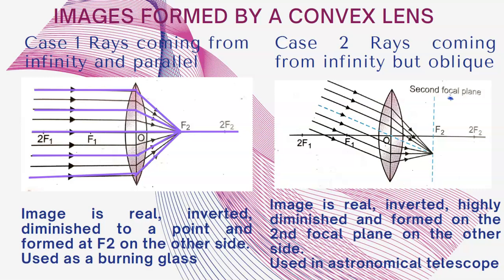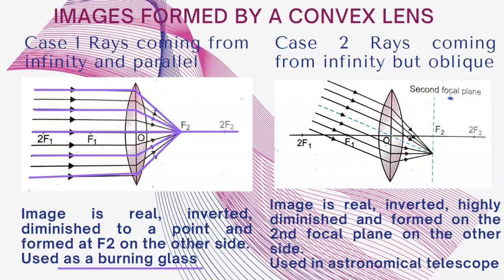This case of the lens is used as a burning glass. It finds its use as a burning glass. If we hold a convex lens in sunlight in front of a paper, the paper would start burning because it will form a very highly diminished focused image of the sun at a point that will make the paper burn. Coming to case 2, the rays are coming from infinity, but they are not parallel to the principal